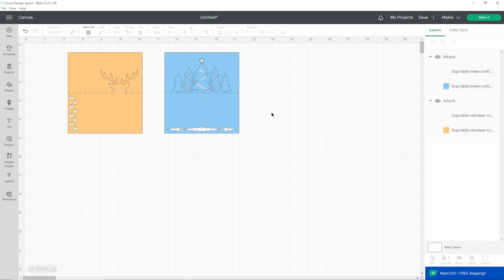And then this would be ready to cut out if I wanted to write on them myself by hand. However, my handwriting is pretty terrible, so I'm going to get the Cricut to do it for me, and I'll show you 2 different ways in which you can do that. First, I would detach my score line again, and then I'll come back to that later. So I'll click it and do Detach.